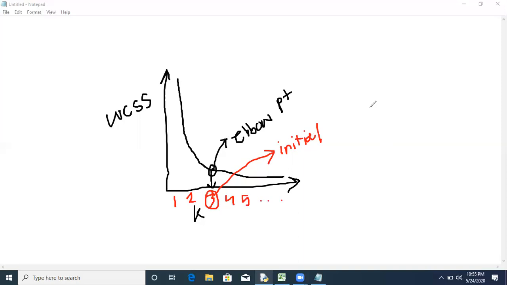How many centroids you have to consider depends on the K value. K is nothing but the initial number of clusters. Initial number of clusters or centroids, one and the same thing. So the elbow method is used to find the initial number of clusters or centroids.